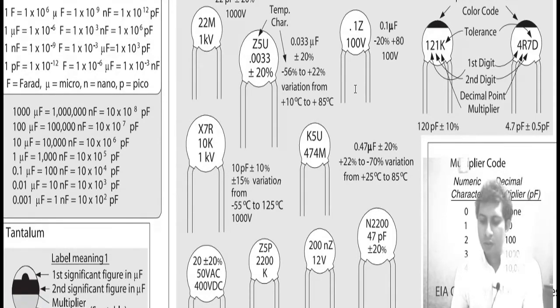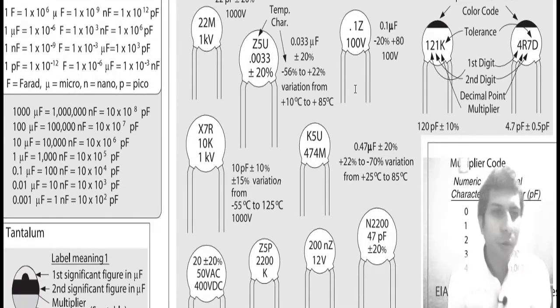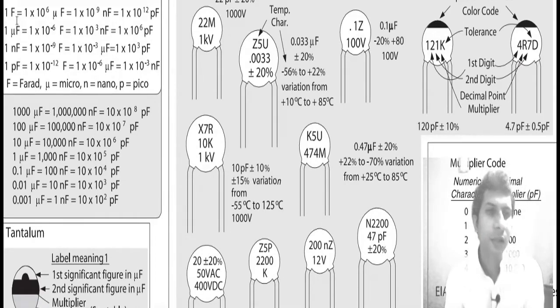As on the left hand side on top of your screen, you have this 1 farad, 1F. Okay, 1F is also written as 1 into 10 raised to power 6 into mu. Mu stands for 10 raised to power minus 6. That means this 10 raised to power 6 is multiplied by 10 raised to power minus 6, so minus 6 will cancel out with the plus 6 and it will remain 1 farad.